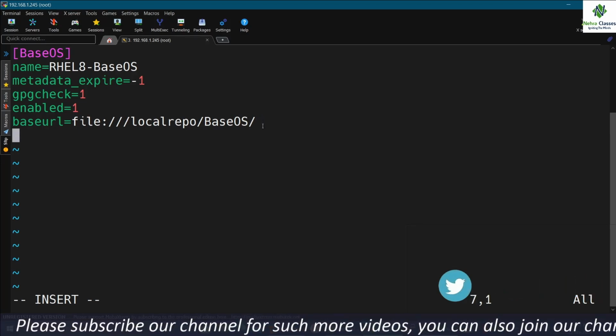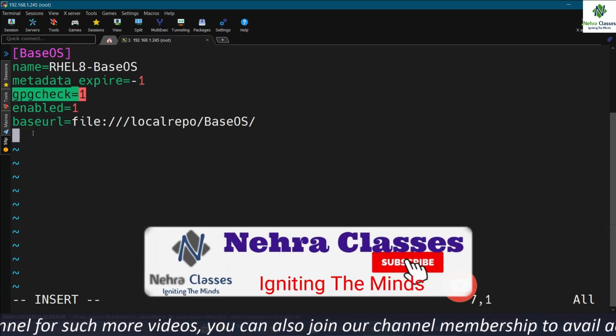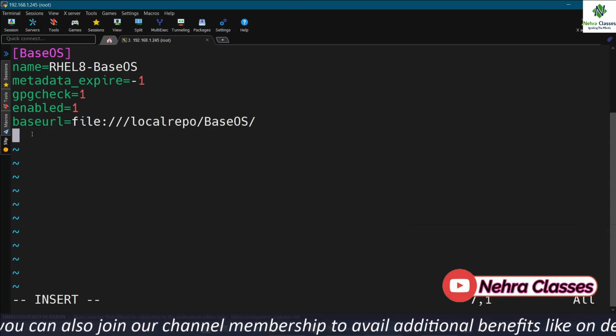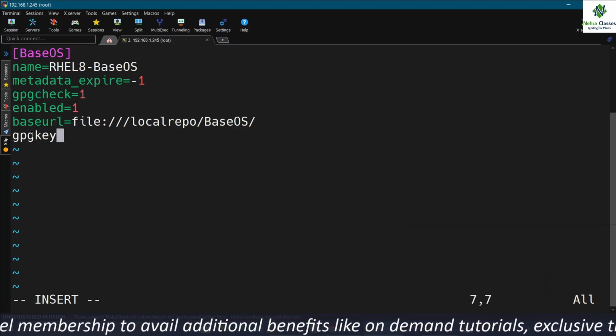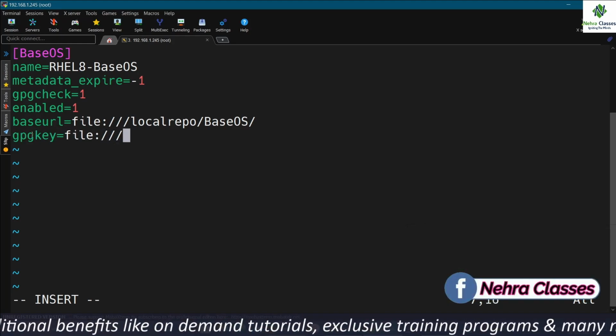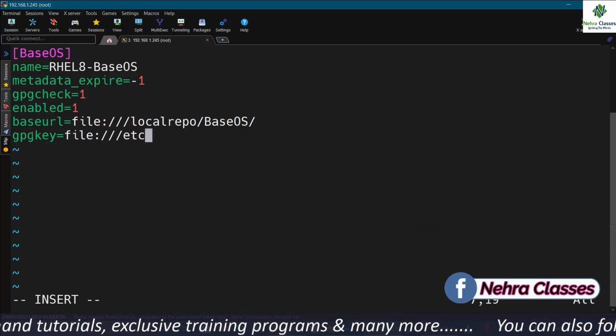Now in the next line, since we have already enabled the GPG check here, we will have to mention the GPG key file path. So we will write here gpgkey is equal to file:// and the location of the GPG key is in the /etc directory.